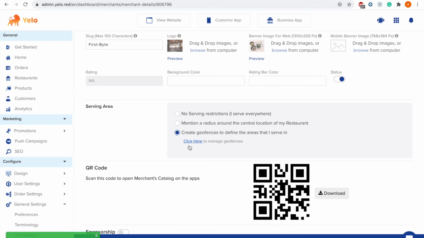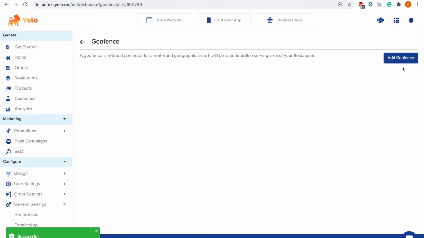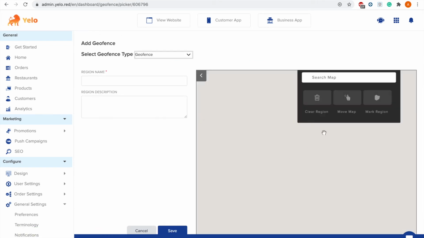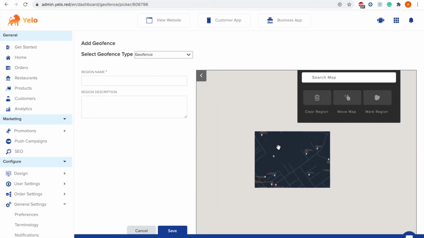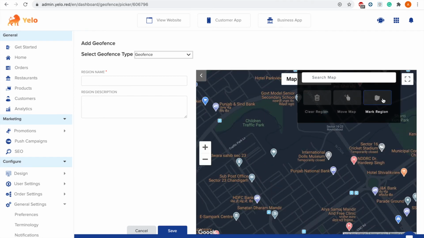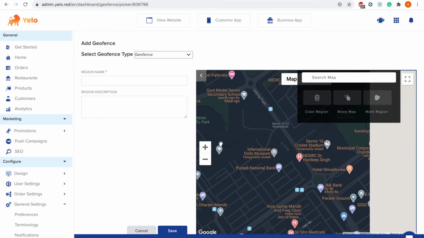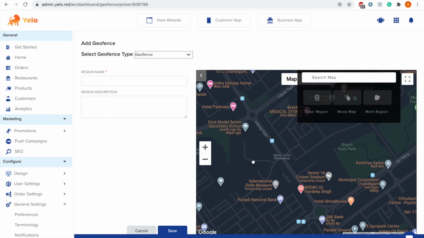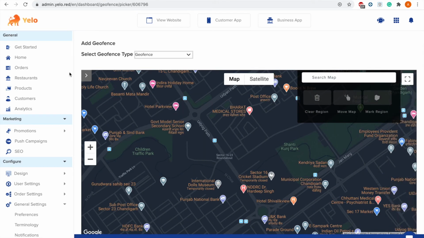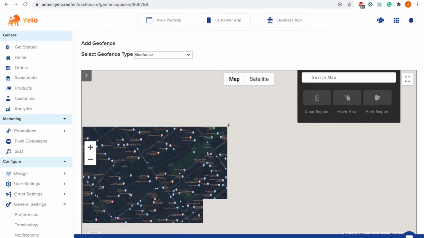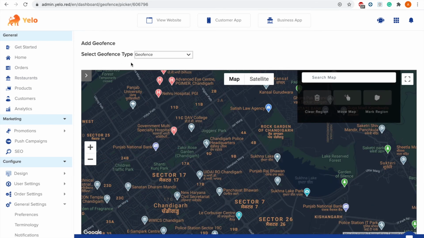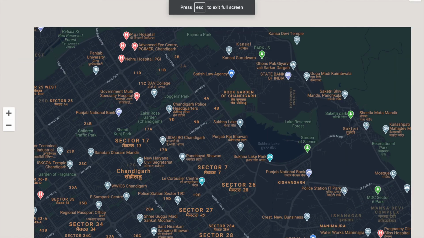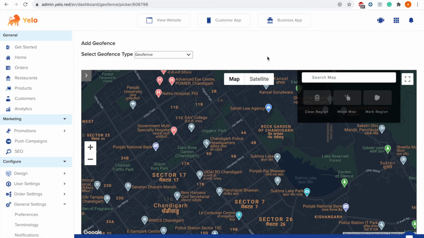And you can also create a geofence, where you can add on the map where you would like to give your services. You can add it from here. Let's just go back.